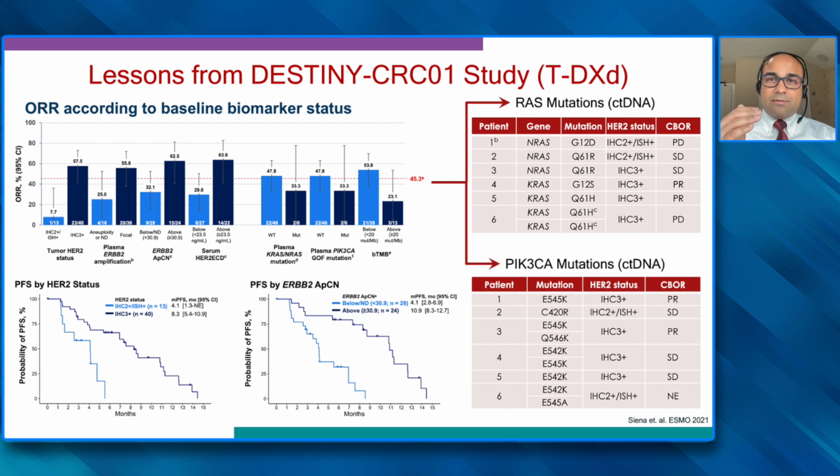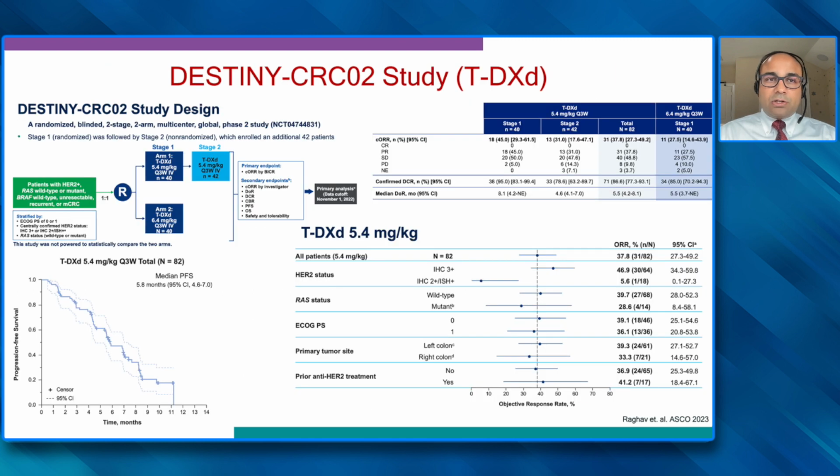However, it seemed like from this early data that antibody-drug conjugates could overcome that mechanism, and there was activity seen in RAS mutations. This led to the DESTINY-CRC02 study, which actually enrolled all patients that were HER2 overexpressed or amplified, irrespective of their RAS mutant status. It was also a dose optimization study to look at the 6.4 milligram per kg dose and the 5.4 milligram per kg dose because of the risk of interstitial lung disease with the 6.4 milligram per kg dose.